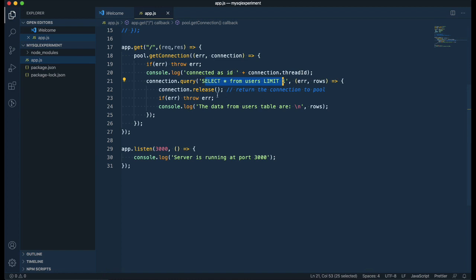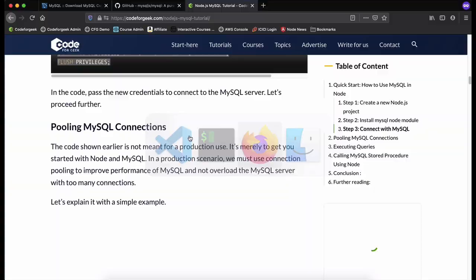And once the query is run, you can simply release the connection so that it returns to the pool again and is available for other queries, and you can proceed further. And it is as simple as that. You can also run a lot of other queries as well. I mean, this is just the